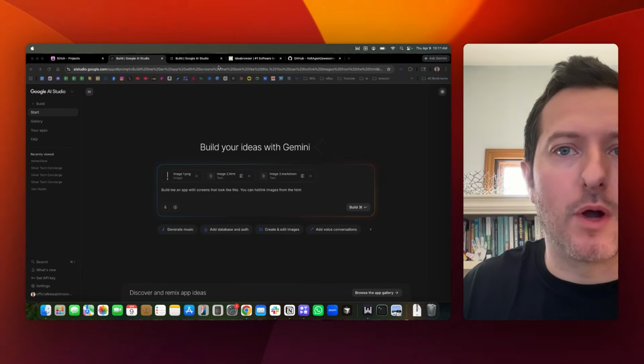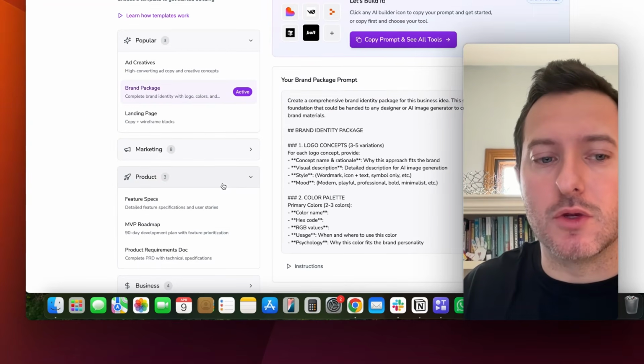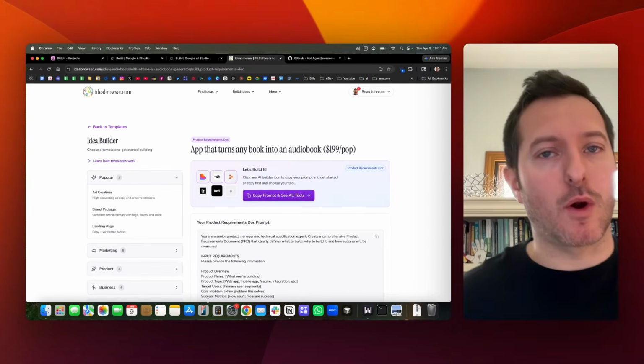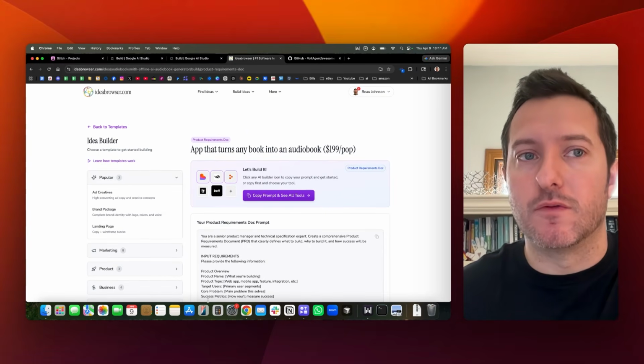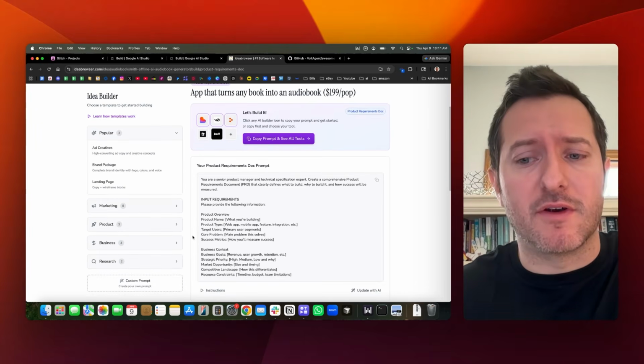And from here, we're actually going to go back to Idea Browser, and we're going to pull 2 different prompts. These are going to be huge. The most important part of your whole project is your product requirements doc. And what it is, basically, is a roadmap and a vision for your idea to come to life. So if you look at the prompt, and we're not going to read the whole thing, it's very lengthy, but